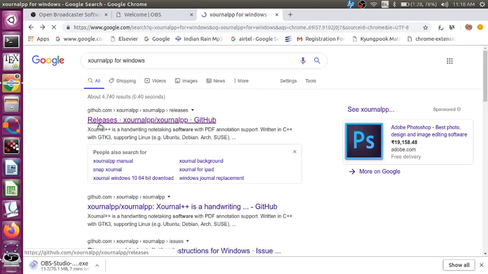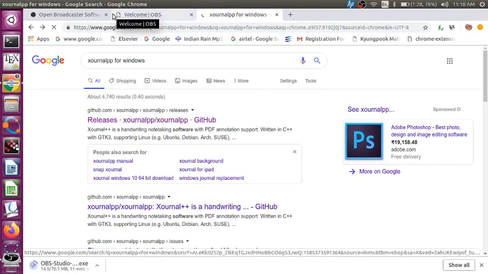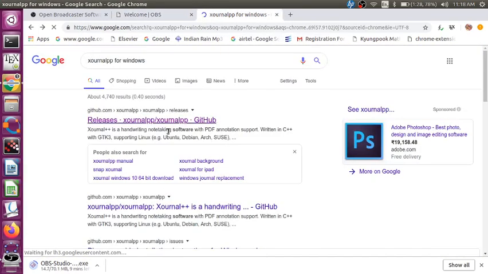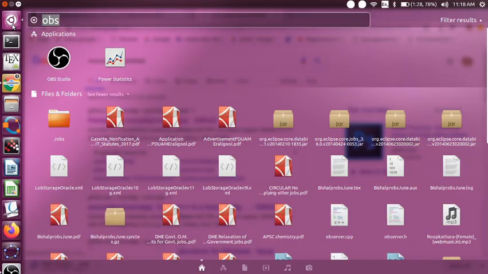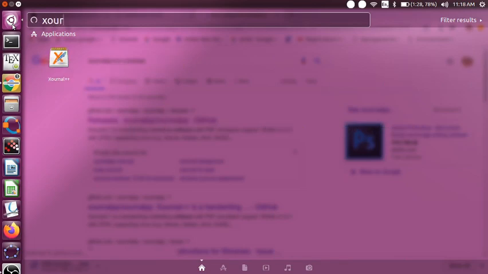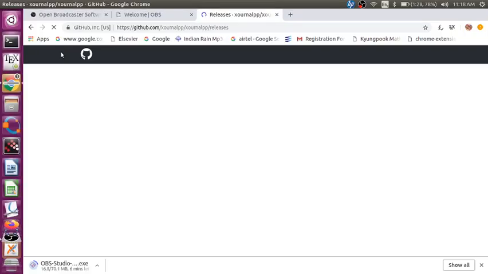So there is a link here, Xournalpp. If we go to this link, we can download the necessary files for the Xournalpp, and we can install it for Windows. So here already I have installed it. So in order to use it, just open this Xournalpp,